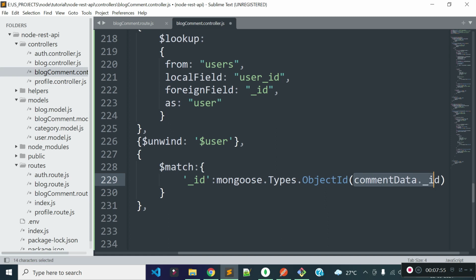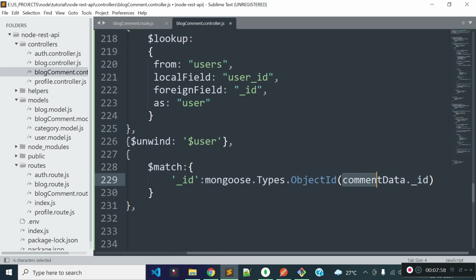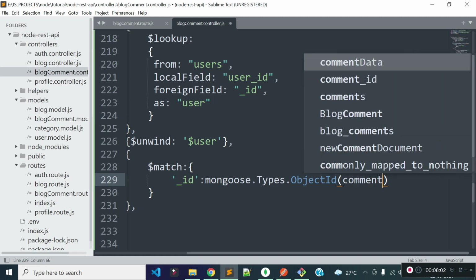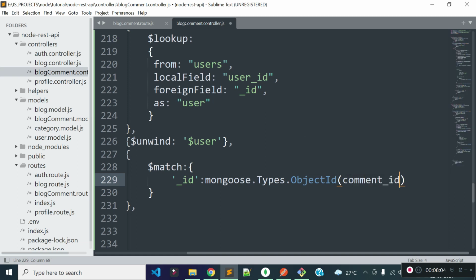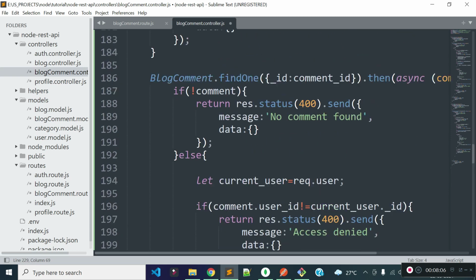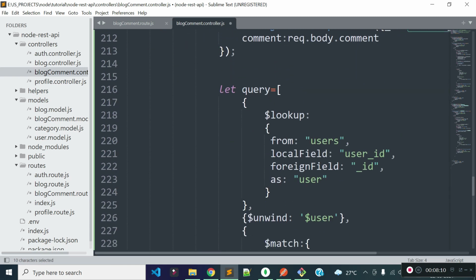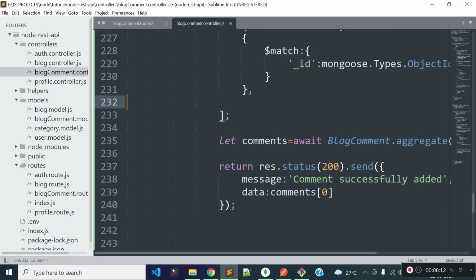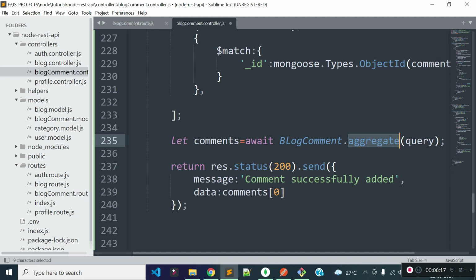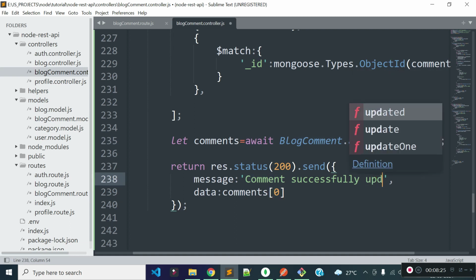So I'll provide the comment ID here inside this mongoose Types ObjectId method, which is stored in this comment_id variable. Then I'm calling the blog comment model's aggregate method to get the data, and this will return an array. So I'll return the first record, and the message will be comment successfully updated.